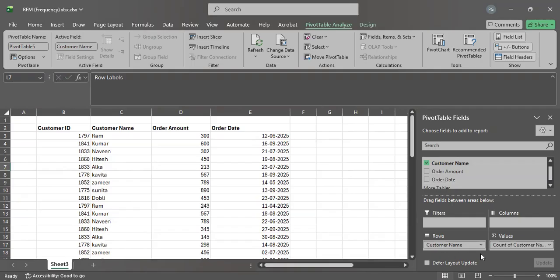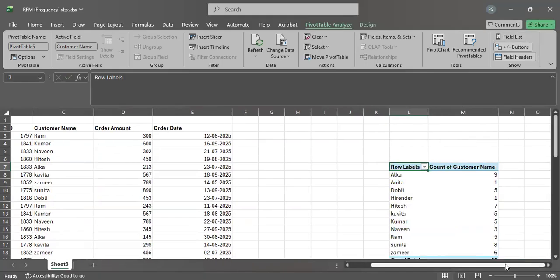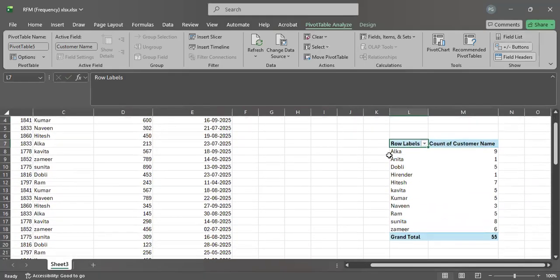So you take customer name to the rows and customer name to the values, and you should see the count of customer name activated. Then you will see a new table, where Alka has visited the store 9 times, Anita 1 time, Dobli 5 times, Hirinder 1, Hitesh 7, and likewise.